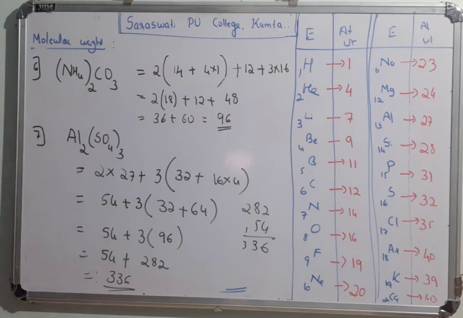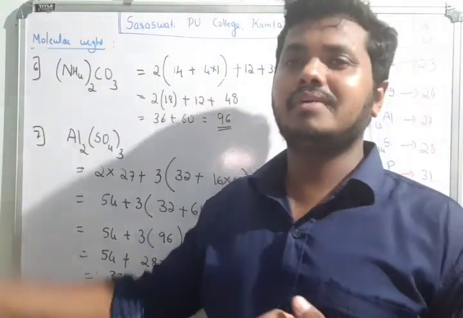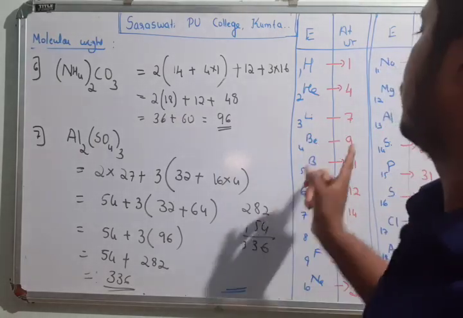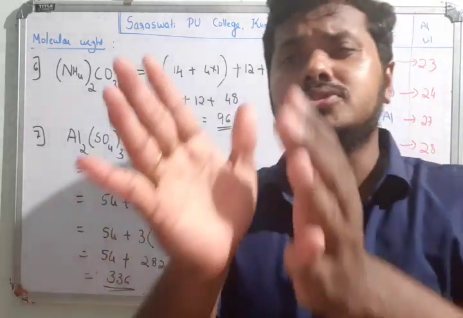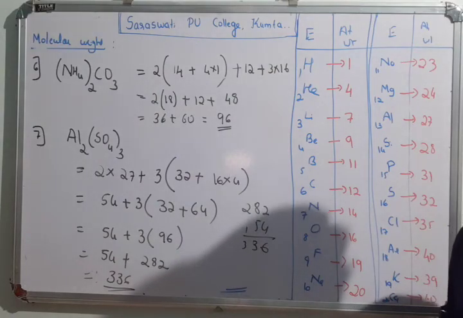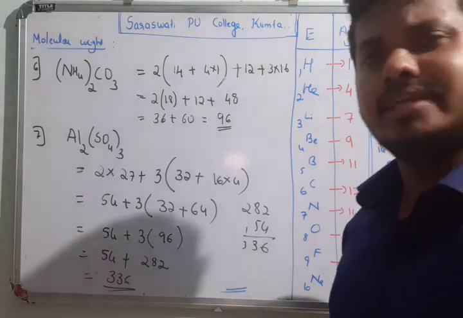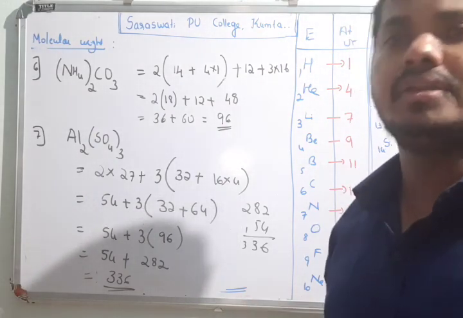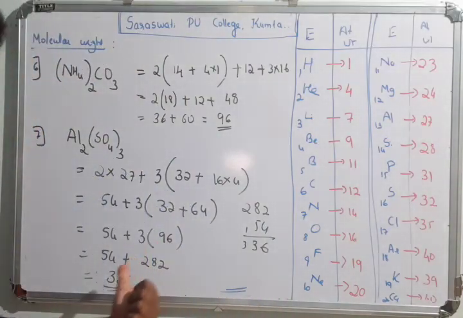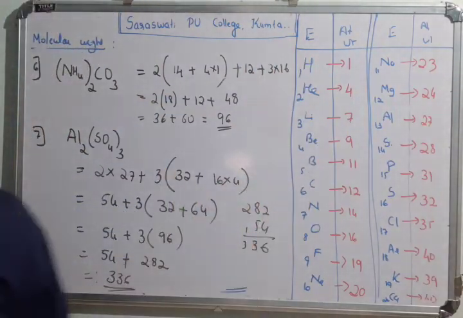So like this we will be finding the molecular weight. We will have an understanding of atomic number, mass number, atomic weight, and by using atomic weight we will be finding the molecular weight. And this is a very important concept in chemistry. It's very basic. Got it? I hope you have understood. So in the next part, we will try to learn some basic calculations on atomic weight only, by using the equation that we have also learnt, right? Okay, thank you.